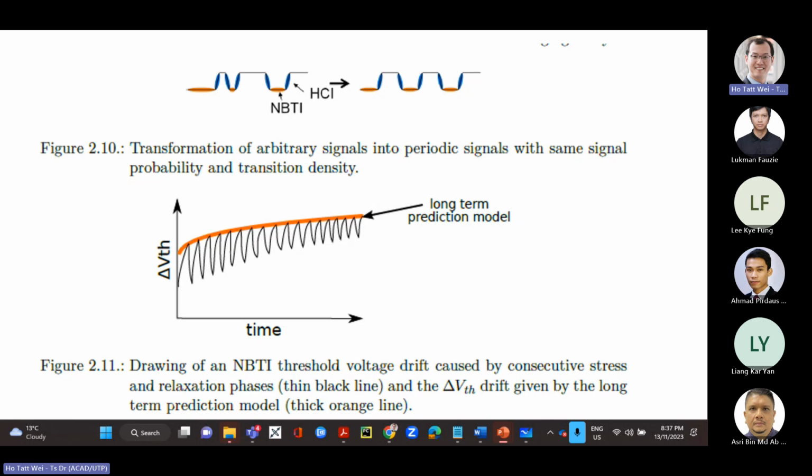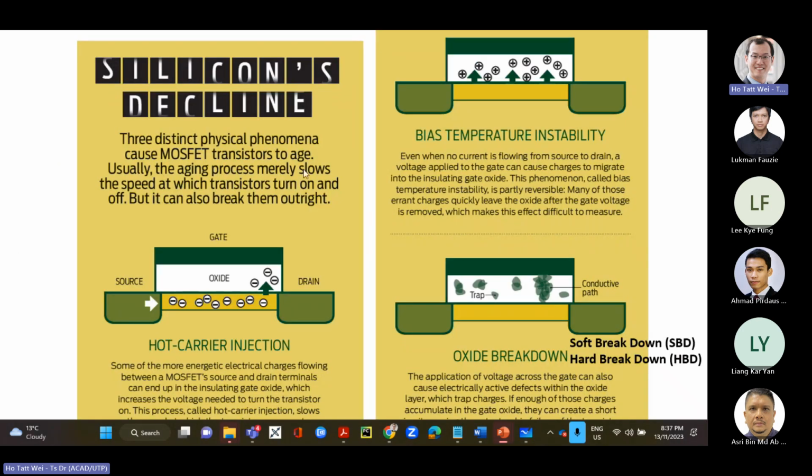Some transistors will be more vulnerable to HCI. That is those transistors that tend to have a lot of transitions. Again, hint, this would actually be your clock circuits, or basically your logic levels that have a lot of these, but there are also a few other factors. And BTI is those that you're holding that value for a long time. Okay, HCI, BTI, they affect NMOS and PMOS. Okay, NMOS transistor and PMOS transistor.